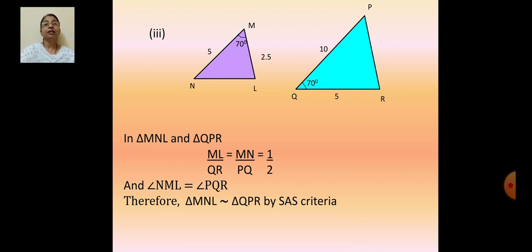So children, there are some more pairs of triangles given. I want you to complete that homework. You just have to state the test, nothing else, and you write the corresponding sides and angles. So that's all